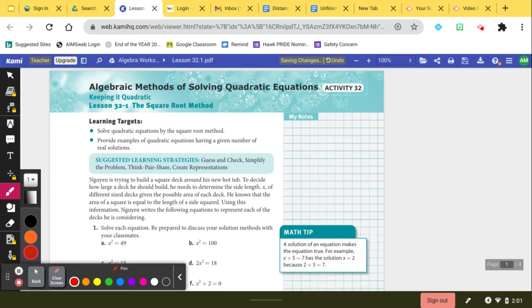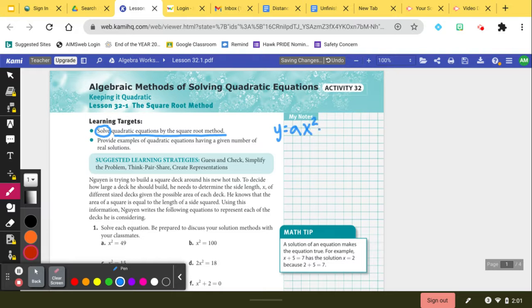All right, so we're going to be doing lesson 32.1, which is the square root method. So we are going to be able to solve quadratic equations by the square root method. And then we're going to be able to provide some examples of quadratic equations having a given number of real solutions. So typically when we've been talking about quadratic equations, we've been talking about functions of the form y equals